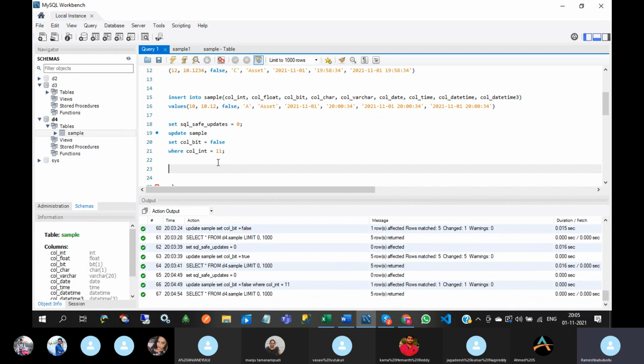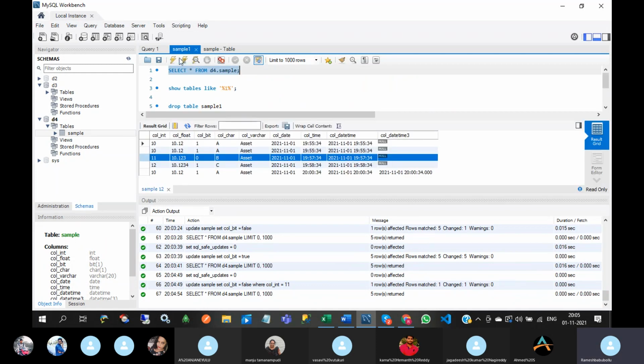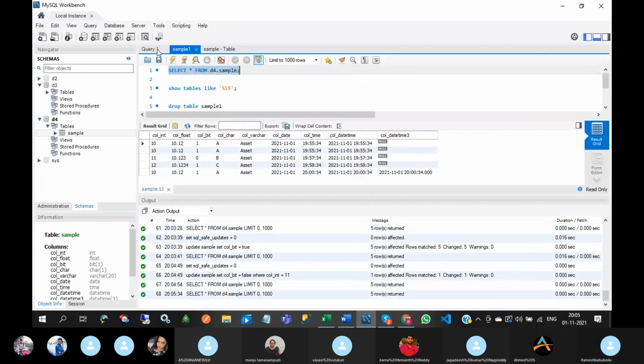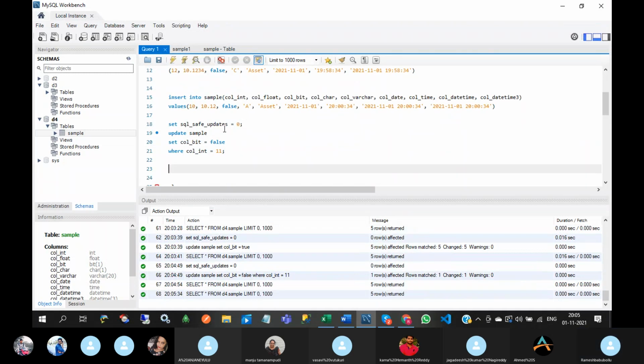And delete query. Delete from sample where col_int equal to 11.